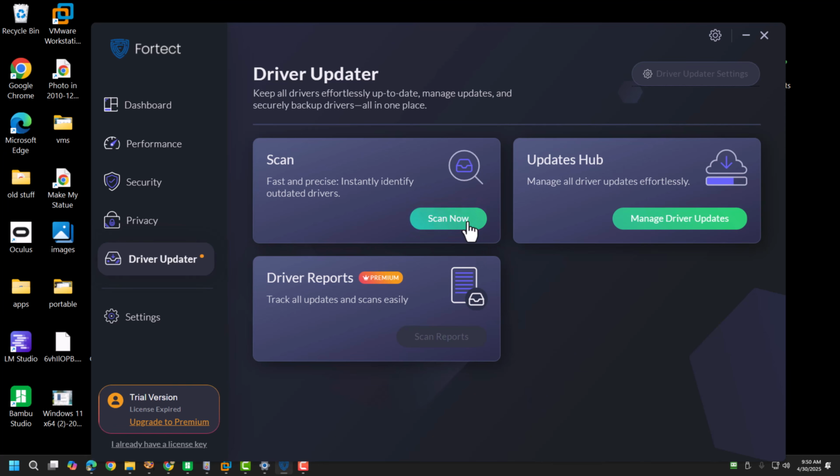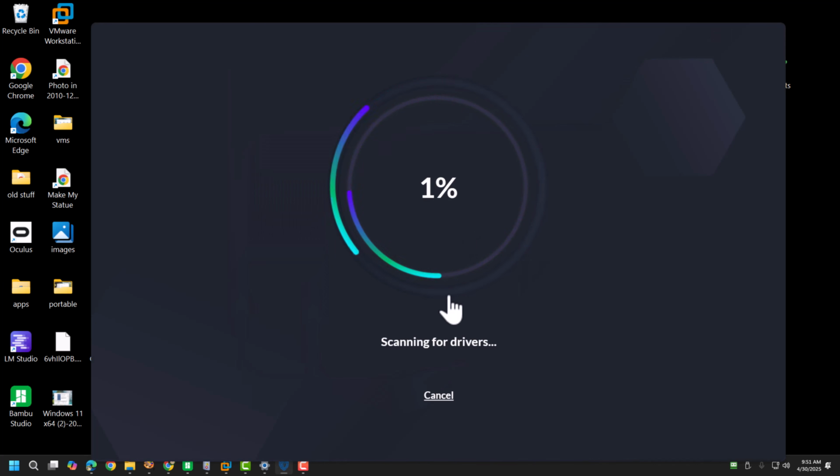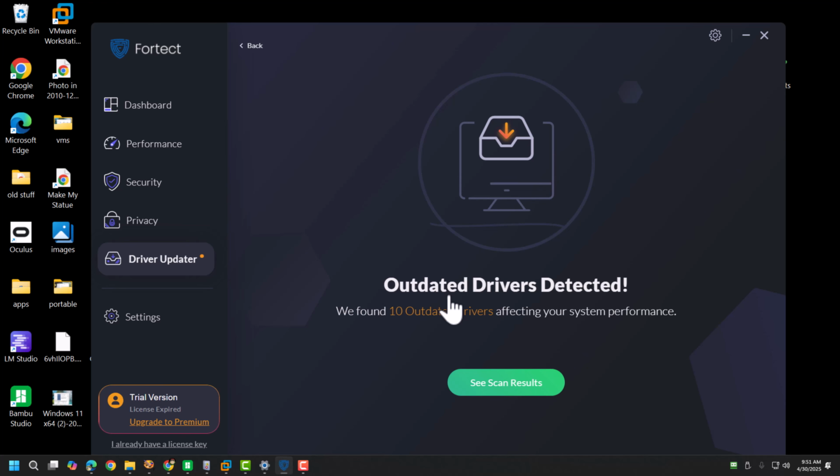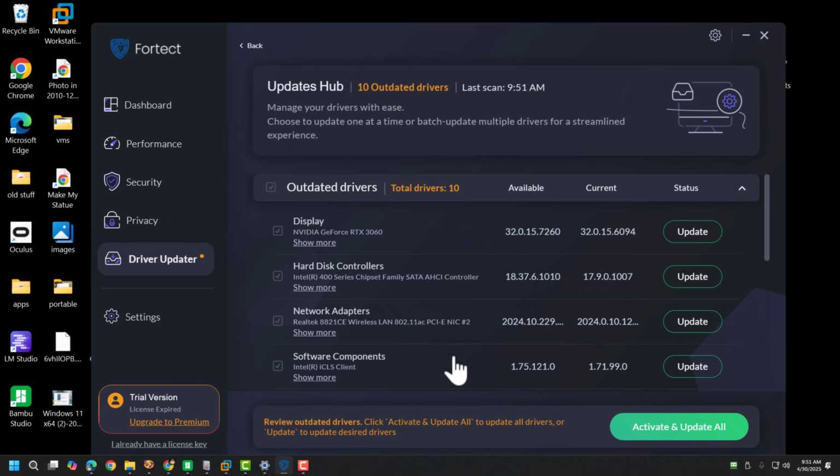So all you have to do is click scan, and you're going to get the spinny circles. You know how much I love spinny circles, and here's a double spinny circle. So isn't that much better, right? So there you go. Scan my system, found 10 outdated drivers that I haven't updated, right? And in this case,